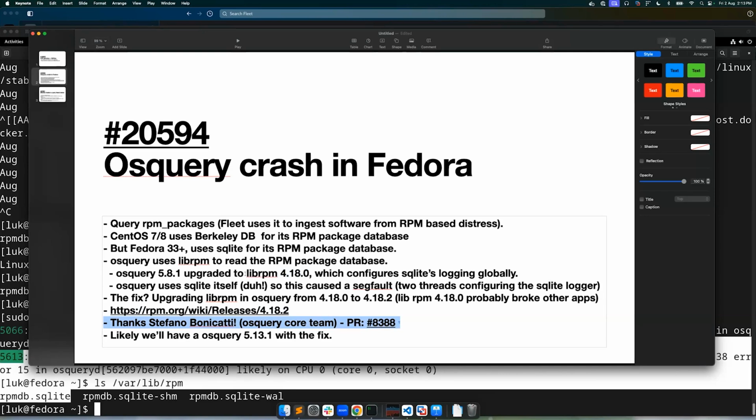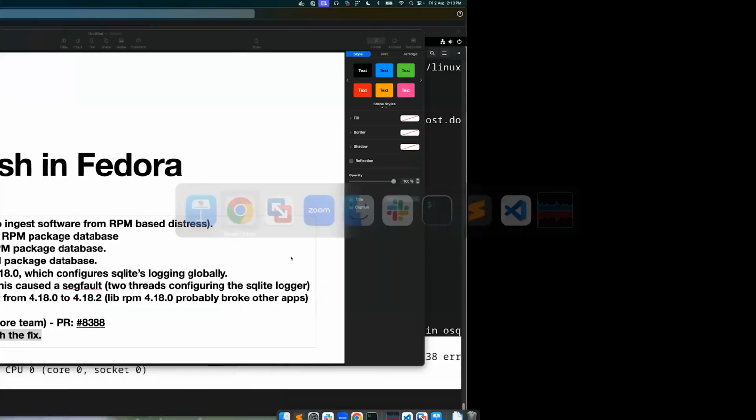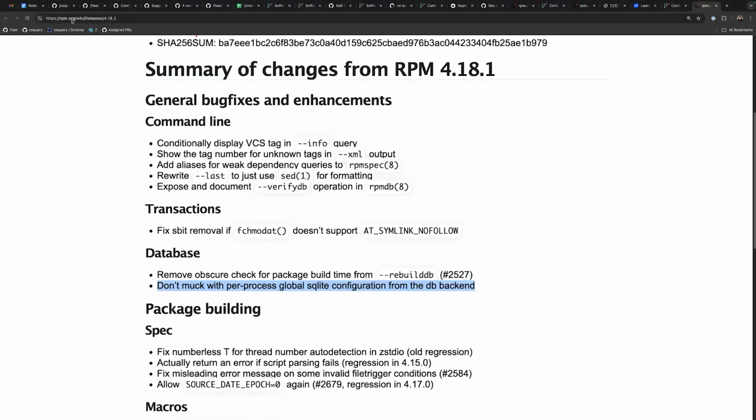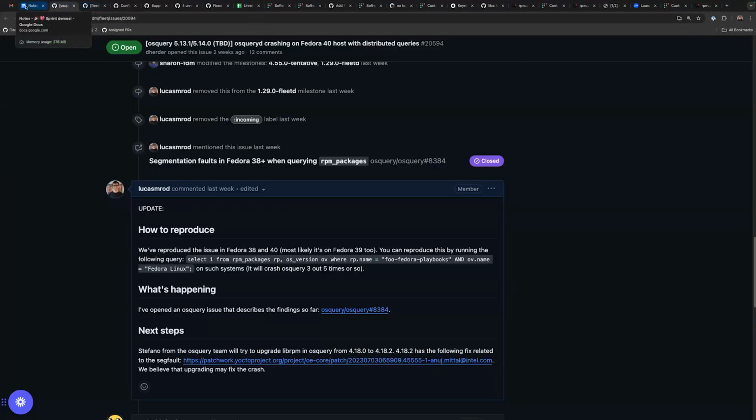So we'll have a fix for this crash. We're pushing it so that we can have a patch release, maybe sometime next week. But it's not definite. We're in discussions with the osquery core team, but likely this fix will be present in 5.13.1 next week. So yeah, it was great collaboration with the osquery team. Next issue is